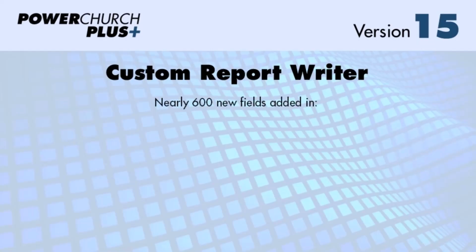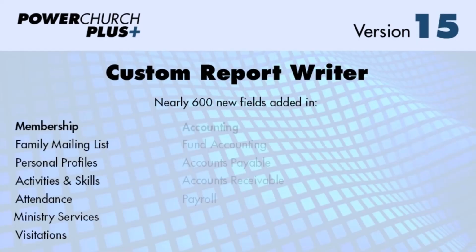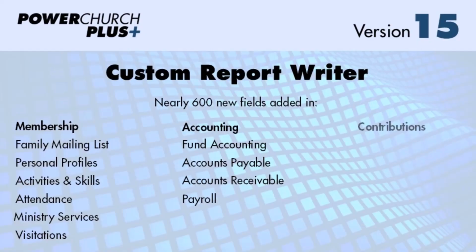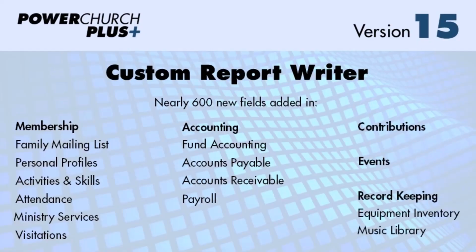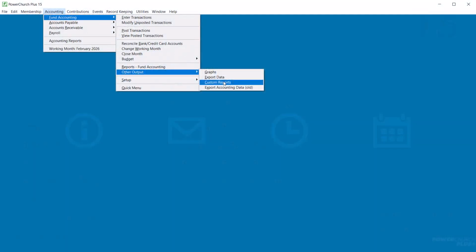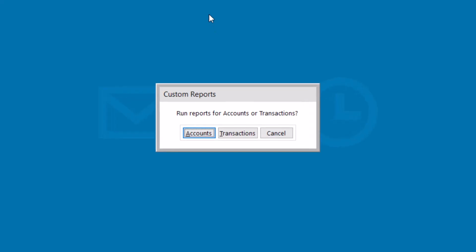Custom report writer received a lot of attention in the version 15 upgrade, with nearly 600 new fields and references added to the reporting database. One of the biggest changes is the return of transaction reporting in fund accounting. This means you can now build reports not just on accounts, balances, and budgets, but also on the actual transaction